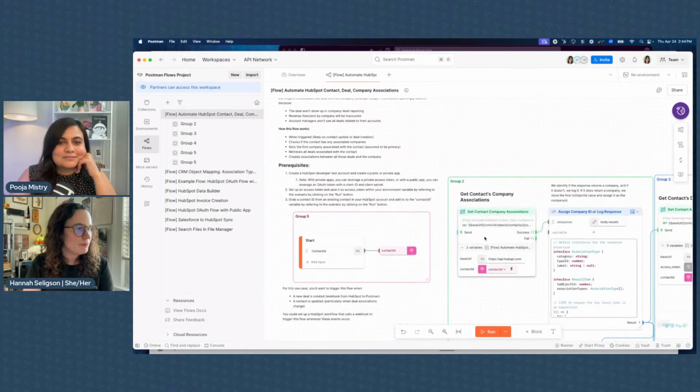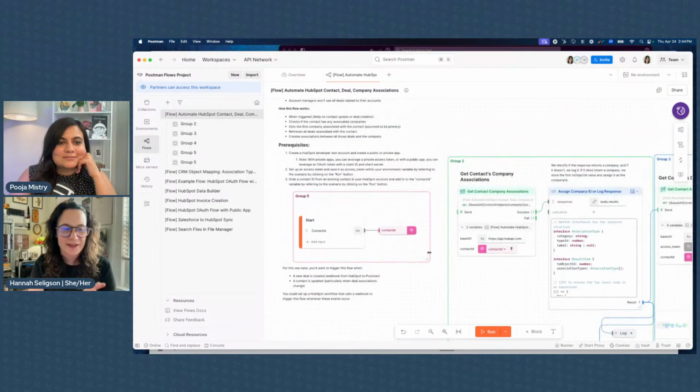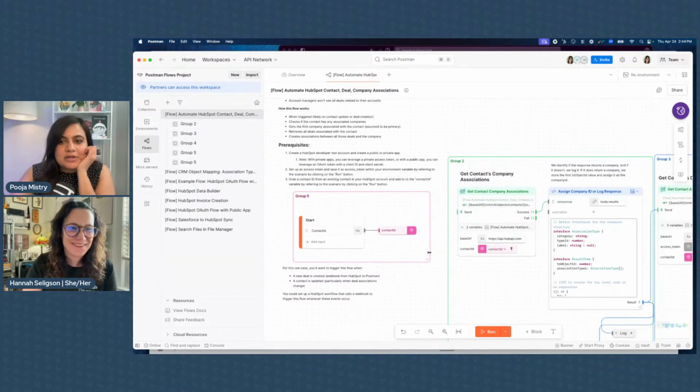I guess I could demo one, but these are a bit big, so these are not simple. These are a bit granular, and I don't want to overwhelm anyone. Yeah, no worries. To be honest, it's been really fun working with HubSpot.